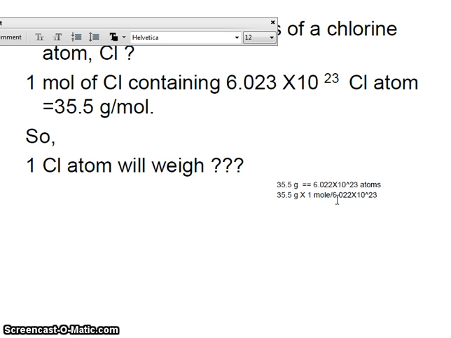If you are a unitary method fan, you can also do the same thing. It exactly means the same thing. You can say that the Avogadro's number, 6.022 times 10 to the power of 23 atoms that make up a mole, correspond to 35.5 grams. And now if it was only one atom that I wanted to find out the mass for, in your head you can